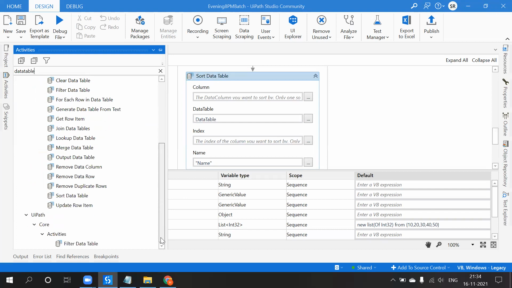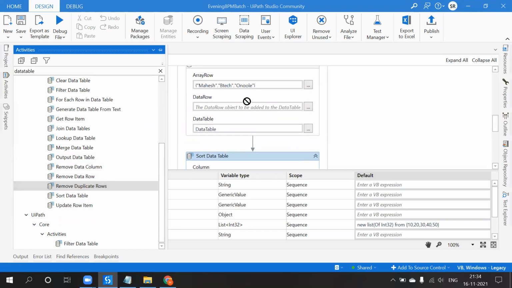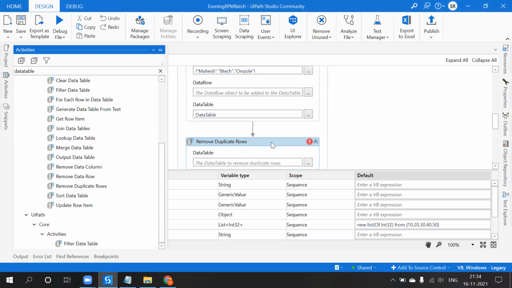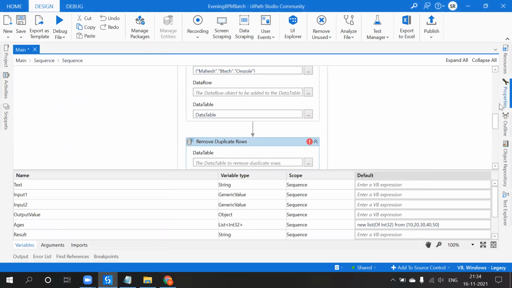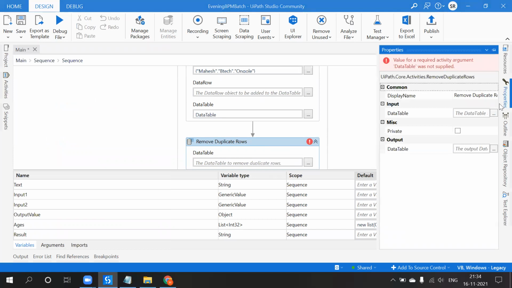So, sorting, remove duplicate rows. You will see remove data, and get row item and all. Remove duplicate rows: if you have duplicate values in the table, they can be removed.